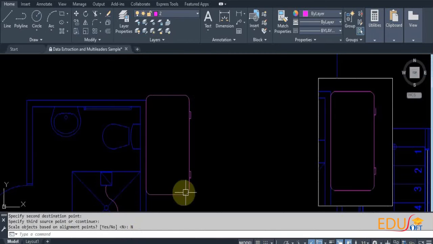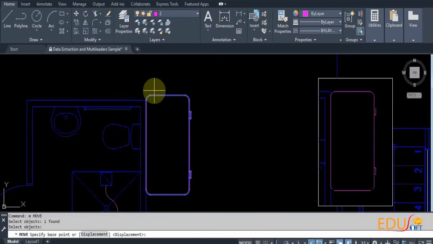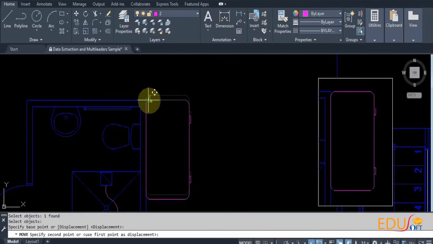See, the object is moved and rotated at the same time. It has aligned on this wall. Now, if I want to adjust this picture, I just need to move a little bit over here. Okay,